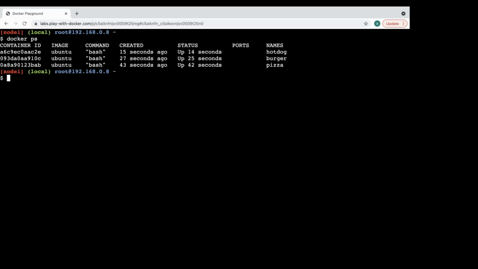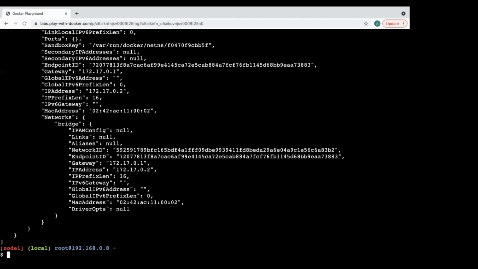Now let's check one by one what IP exactly I have. So just type docker inspect and try writing pizza first. Hit enter. Now, what is the IP address of this container? 172.17.0.2.